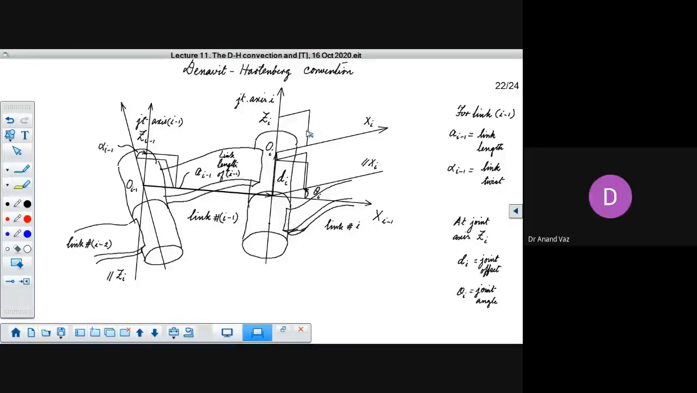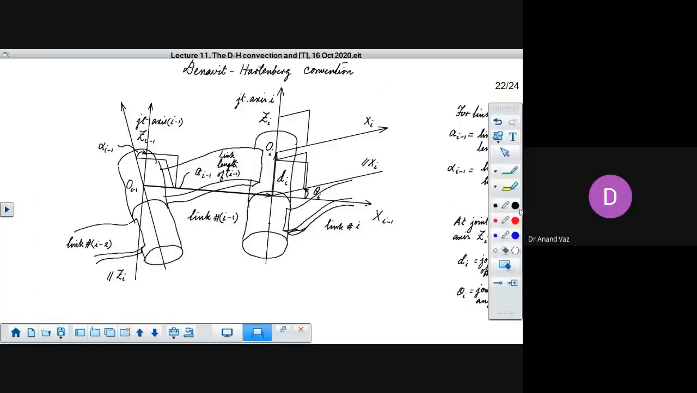So now our next job is to work out a homogeneous transform which will relate the positions observed and expressed in the frame i to those observed and expressed in the frame i minus 1. So if we have a point, let's say a point P,